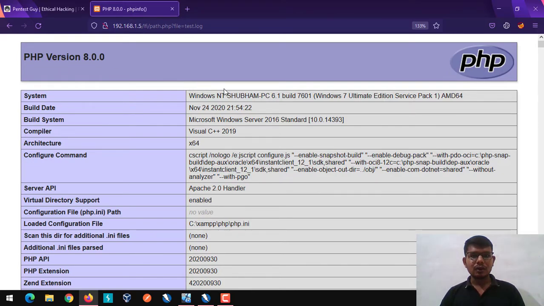Okay, so now we are going to perform log poisoning. One thing you need to always remember while performing a log poisoning attack is the permission along with the file. So here I have a permission along with the access.log file. The access.log file is a simple log file where, when we make a request to this Apache server, it will save that request into that log file.